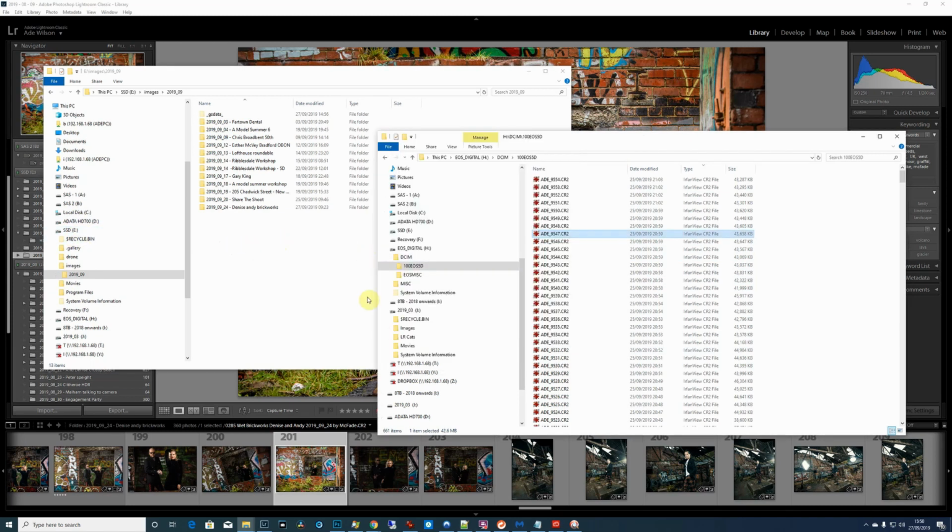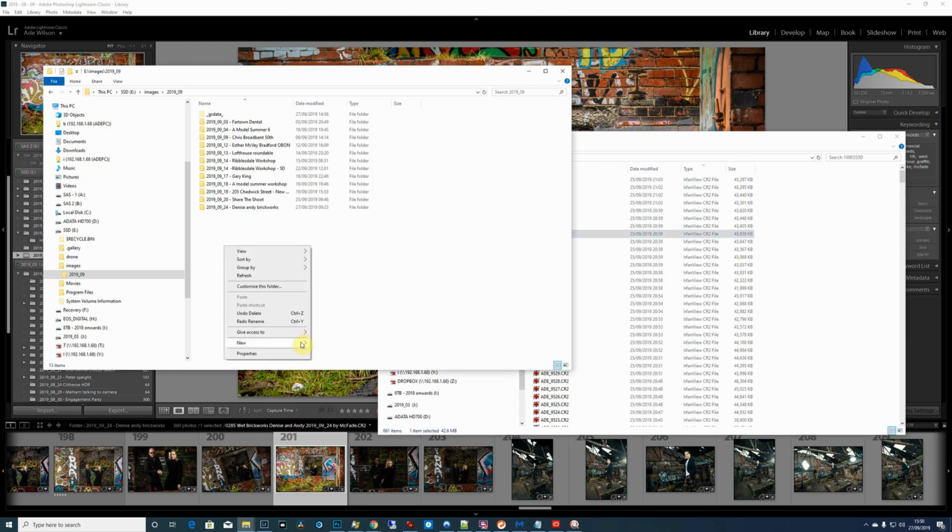So the first thing I do is I would pop onto my SSD, and I tend to date them that way. They're always orderable in the date format. So what date was this? It was the 25th, and it was my model summer workshop. It was the 8th one, and it was down at Clarence Dock,